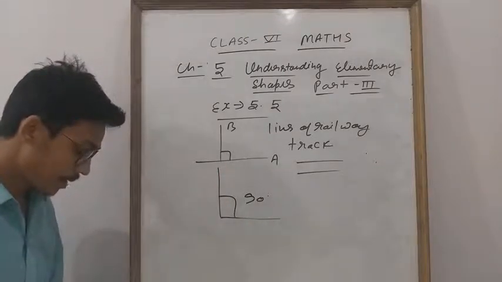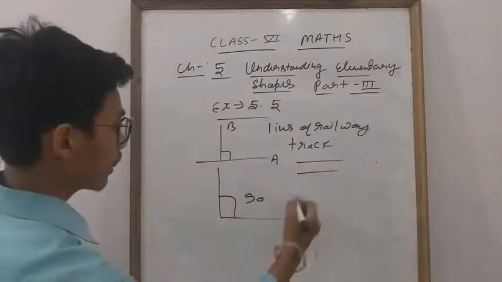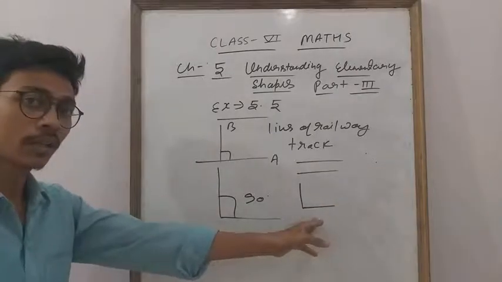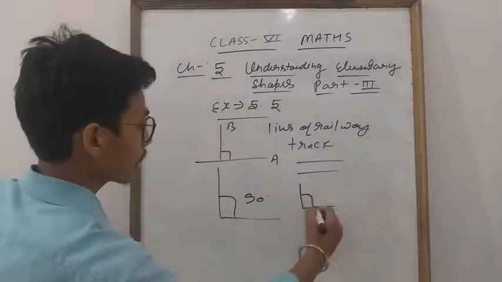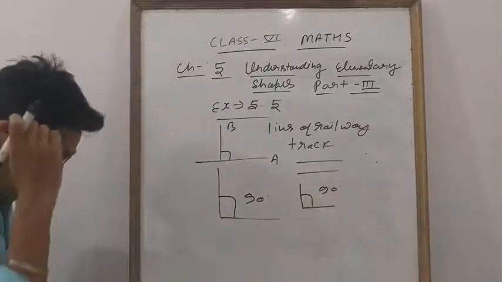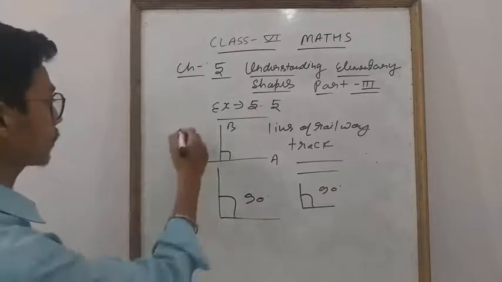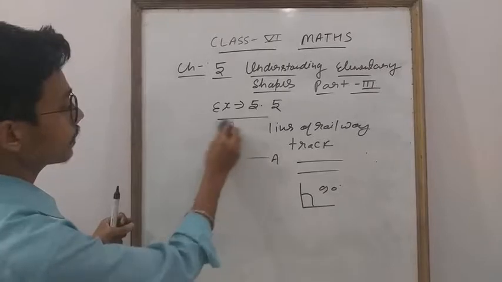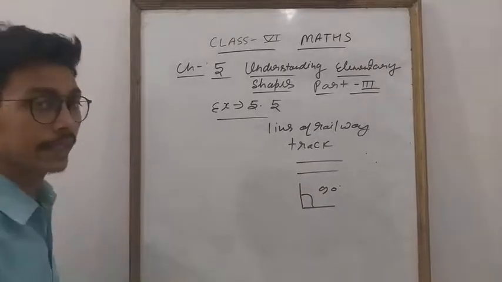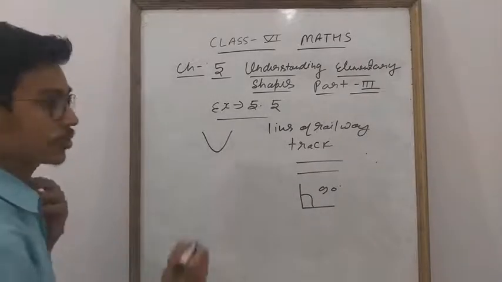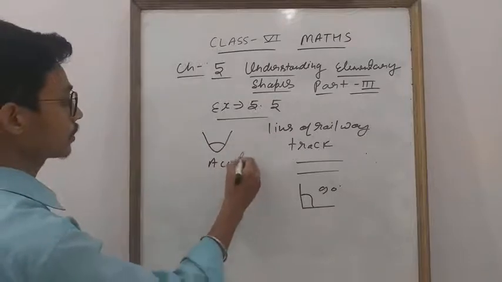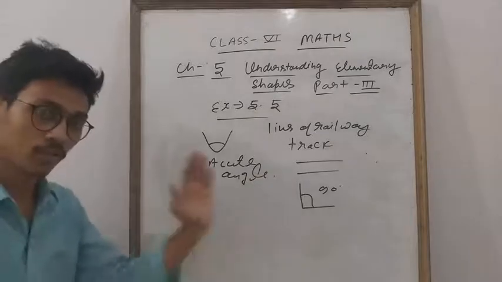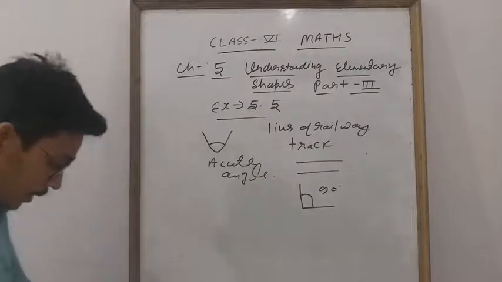Third is the line segments forming the letter L. This is L. So this is perpendicular. You can write perpendicular. See, they are making 90 degree. Okay. Second is given the letter V. Tell me, what does the letter V represent? You know that the letter V represents an acute angle. Okay. So I explained all the things. You have to choose in it. Clear everyone? Okay. Now come on to question number 2.